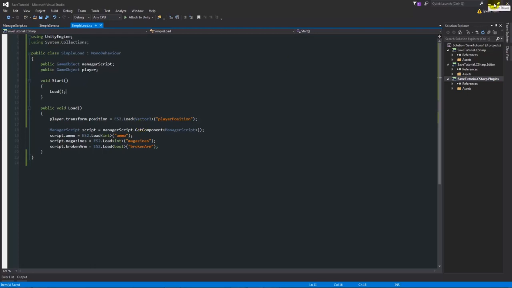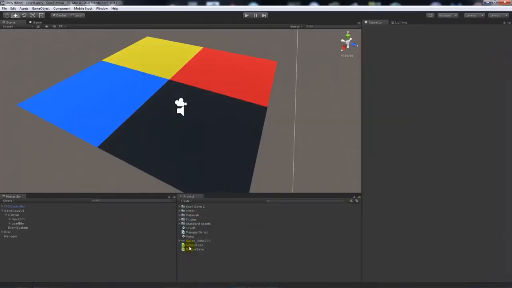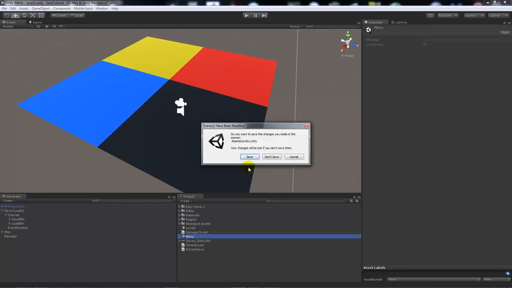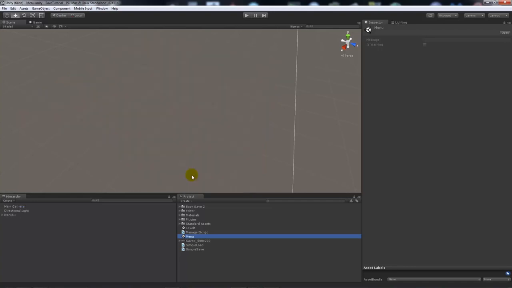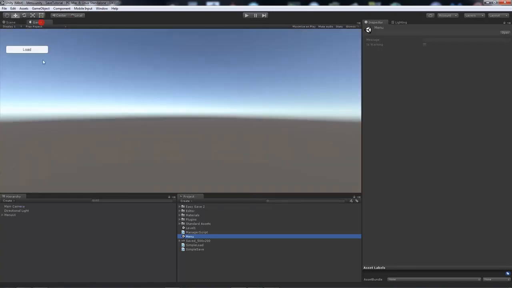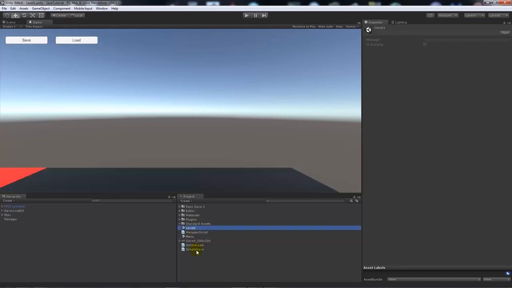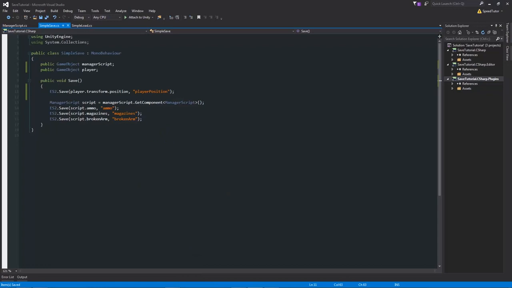If you imagine that in the previous tutorial we made a menu, before you load up any variables you need to be loaded into the scene that you need to be in. So this was the menu and it only had a load button for an example, so there's no point us loading the position before we've loaded in the scene that we needed to be in. So the first thing we need to do is, I'll keep this in level 1, I'll open up the simple save,